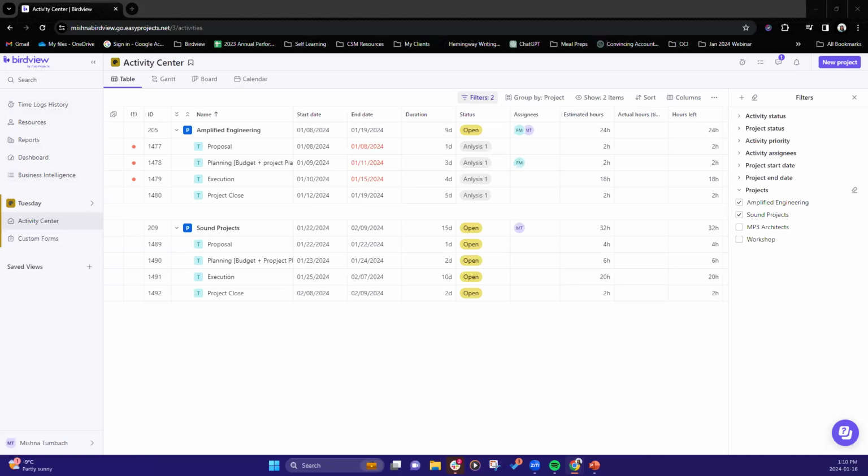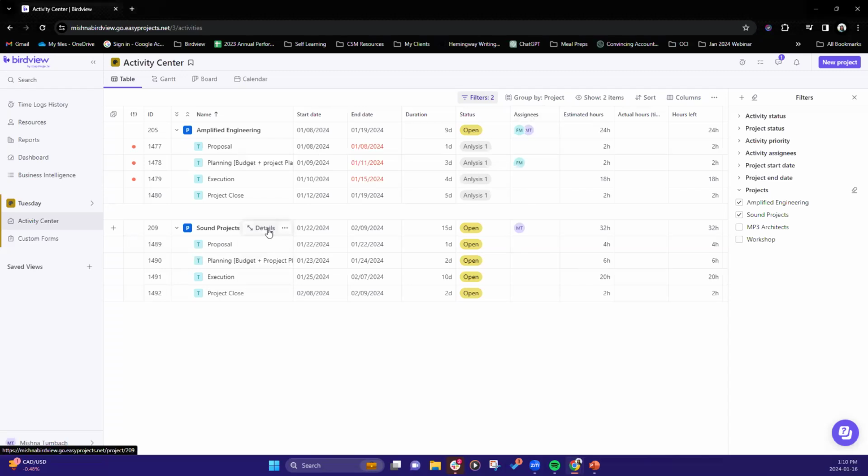All right, so let's dive into cross spaces management. My apologies. The very first thing is projects, right? So as you can see, we have two projects here already designated, and we have assignees that are assigned to them. So to move projects, like I said, it is very easy to move projects. There's three ways in which you can do it. One is click on the project details,